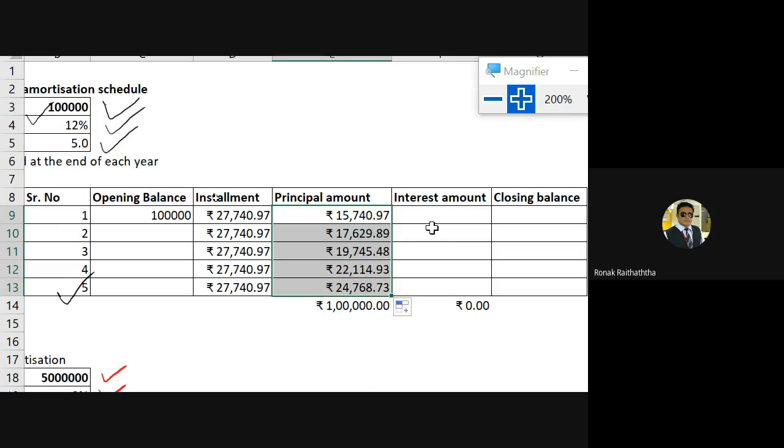we have to work. Now we can find the interest amount as well. Instead of PPMT, you will be using IPMT to find the interest amount from the installment amount. So equal to